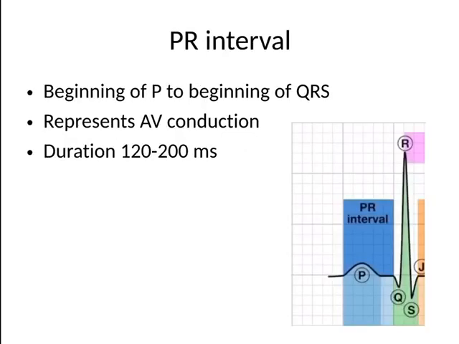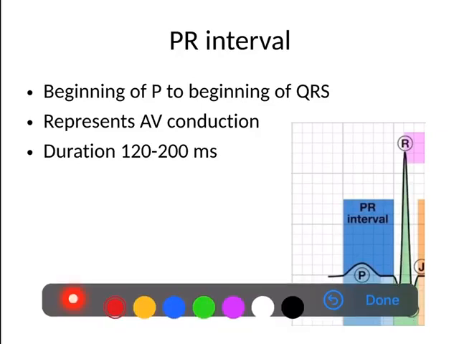So before going to the topic proper, we will be reviewing what are the normal quantities of a PR interval. We know that a PR interval represents from the beginning of the P to the beginning of the QRS. So with that we have already explained. Okay, so this bluish area, you can see it starts from the beginning of the P up to the beginning of the QRS. That much interval represents the